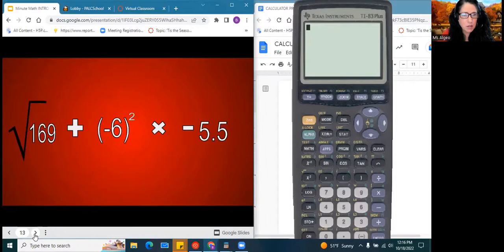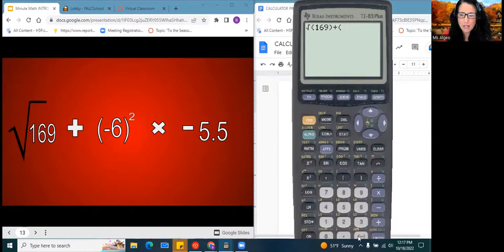All right, let's keep on going with the, I believe we have one more. Now we have multiple operations here. So I want you to watch how I use parentheses here. Remember we said that the square root of 169. Here I must close that with a parentheses. Otherwise it's going to read whatever else I put in as the square root, but you only want the square root of 169. And then you want to add that